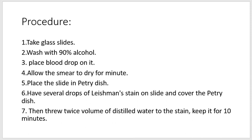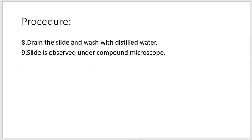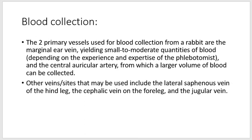uncovered the dish and added twice the volume of distilled water to the stain and kept it for 10 minutes, and then we drained out the slides and washed the slides with distilled water, and then the slides are observed under a compound microscope. This was the procedure for the practical, but before this there is a specific method for the blood